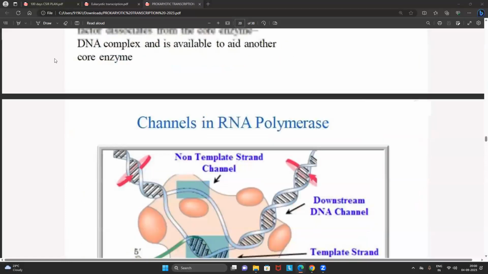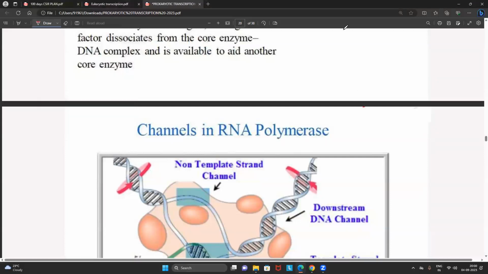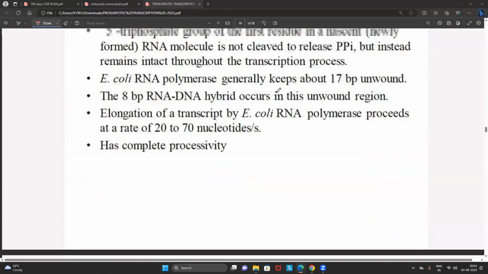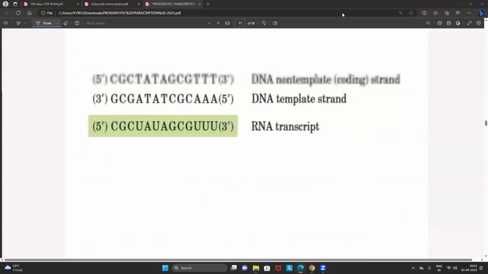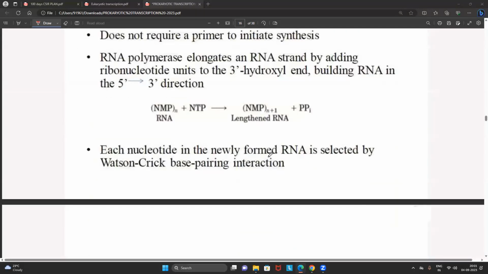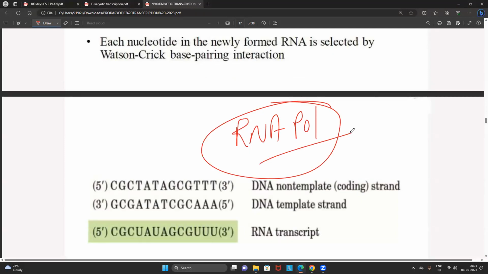Okay, good evening, everyone. So, if you quickly recall, last Saturday we started studying the prokaryotic transcription process. I hope every one of you remembers it very clearly. We understood very clearly that there is only one RNA polymerase enzyme involved, and it is involved in the synthesis of three types of RNAs.